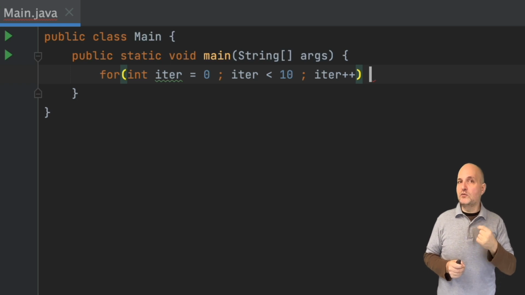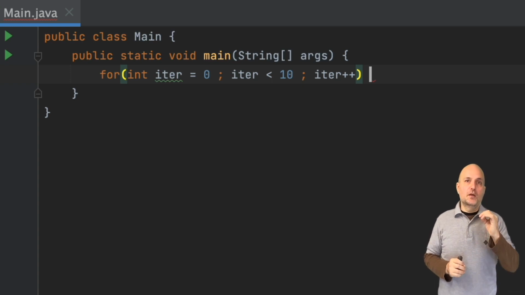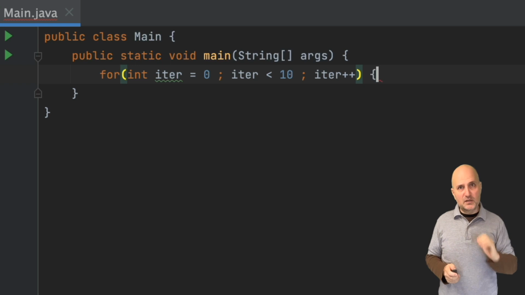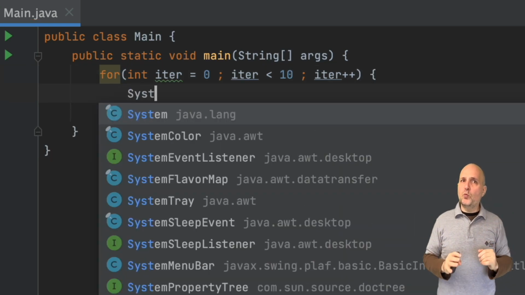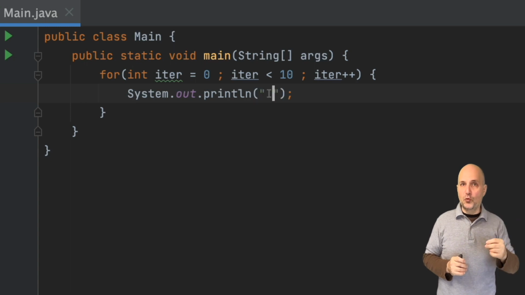Since adding 1 to a variable is so common, we have a special operator for it. There's also a special decrement operator which removes 1, and it uses 2 minus signs. But I digress. Now we need to open curly braces for the scope under the for loop.